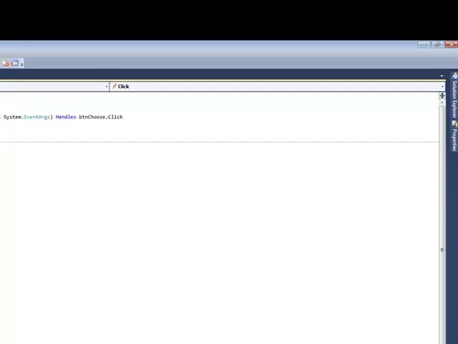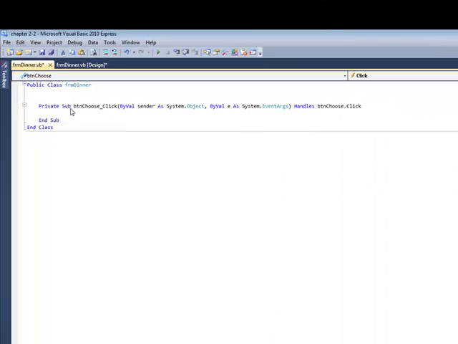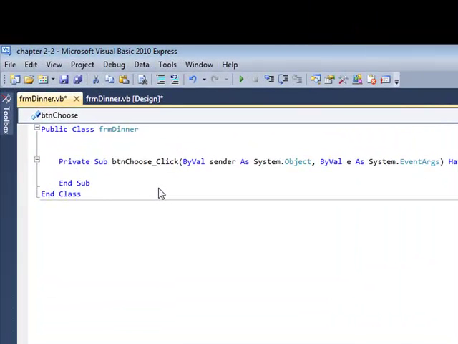Now, by default, Visual Basic will generate private sub, the name of the control, the event, and then a bunch of other things we don't have to be concerned about so much. There's a private sub and an end sub, and between those is where you want to write your code. I want to move the text from the label, or copy it over, to the text box. So if I start typing txt,